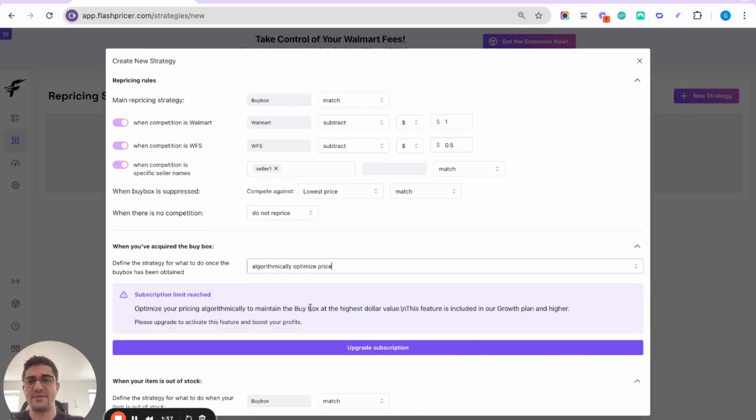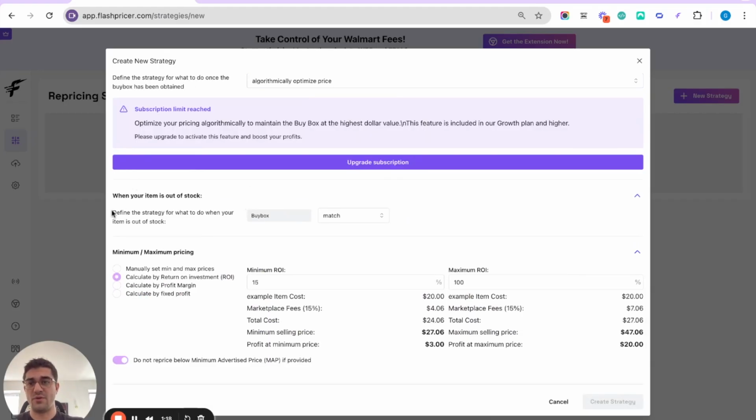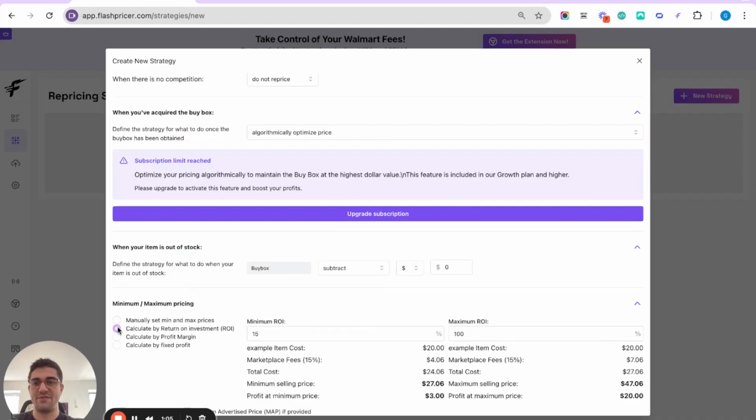And then algo optimize, we're incrementally increasing the price of your item all the way up until we hit your max price or until we lose the buy box. If you lose the buy box, we'll try to win it back and then go upwards incrementally again. Otherwise, we'll eventually default back to your main repricing rules. When your item is out of stock, you can follow the market while you are out of stock. For example, matching the buy box, staying above a certain dollar percentage, below, setting to min, set to max, or do not reprice. And then your minimum maximum pricing, you can manually set, or you can use any of our